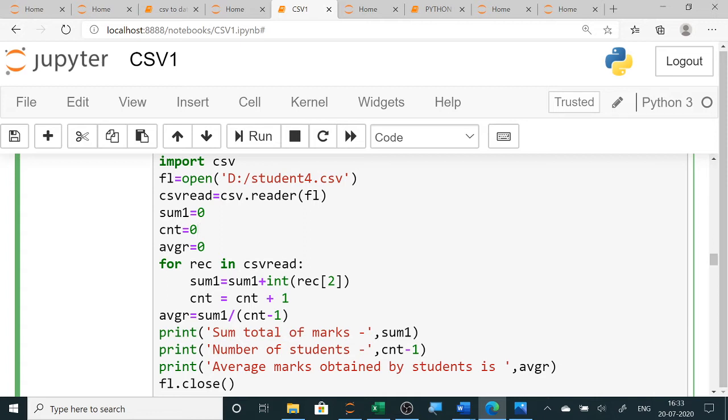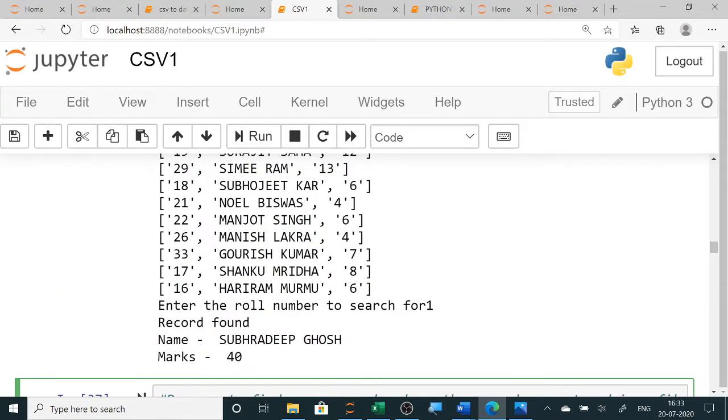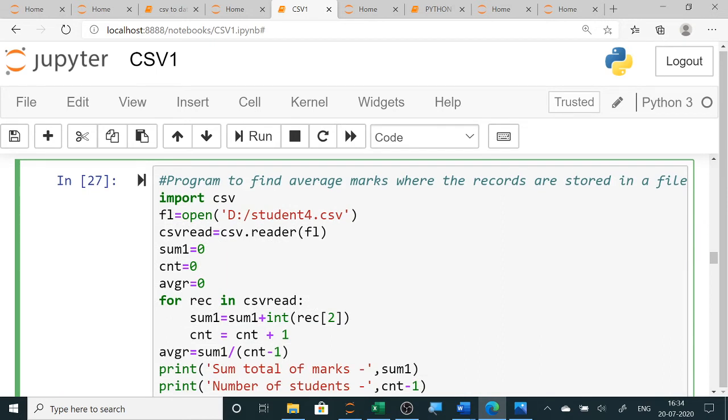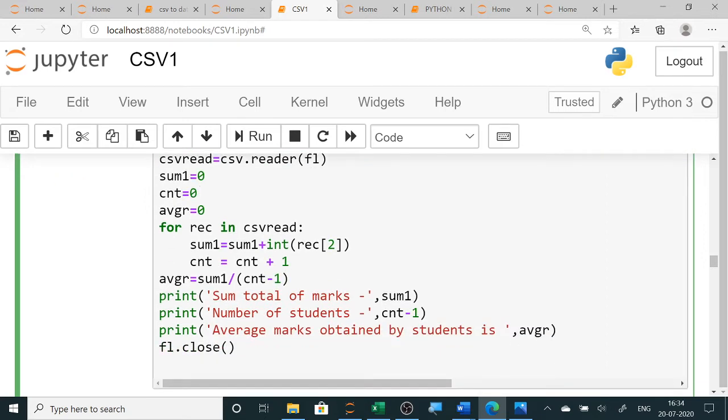Now in this, one by one record it is collecting, and rec 2 is my marks, the last one. Since you have seen that while displaying, all the data is in string form, I have used the int function here, which will convert the string into an integer, and then it will store it in sum. So average will be the total sum divided by the total number of students.